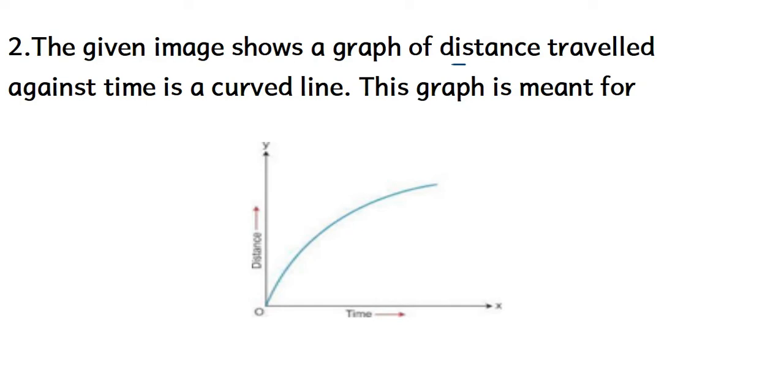Now in question second, distance traveled against the time. The graph over there, distance and time axis is given. A graph is like a curve. Now we all know that student, ratio of distance to time gives us the speed. So by finding the ratio of distance and time, we can find the speed of an object. Here I am showing the speed as v.